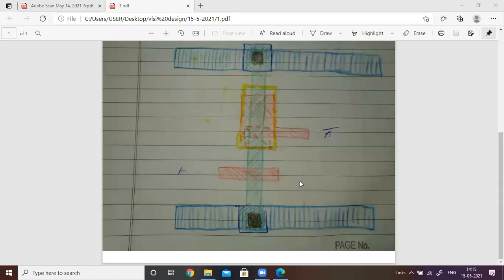And for the pull up transistor, again we have a special condition: the gate is short circuited to the source terminal. Therefore, we take the green, yellow, red color extended like this. Extend from the boundary of the layer here. It is 2 lambda, this is also 2 lambda. The extension must be 2 lambda. Remember, here also this must be 2 lambda, everywhere. So we represent it like this, and this point will be connected here.